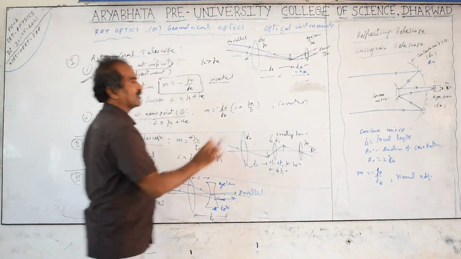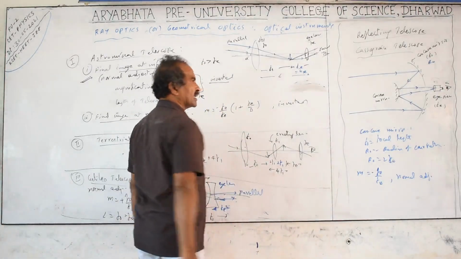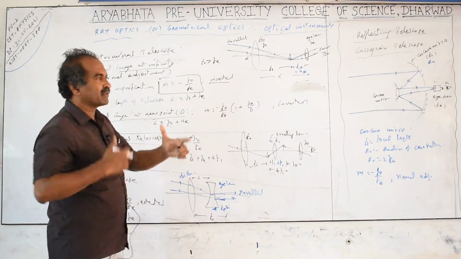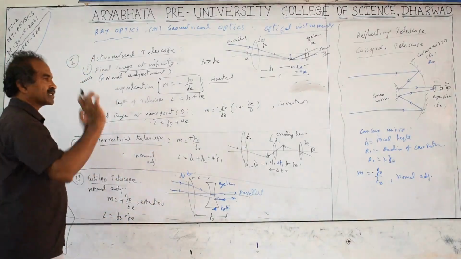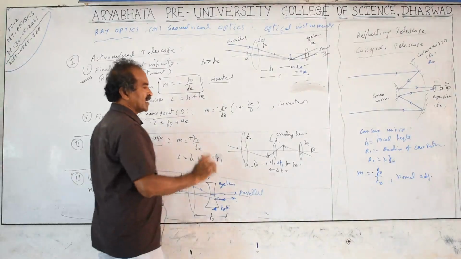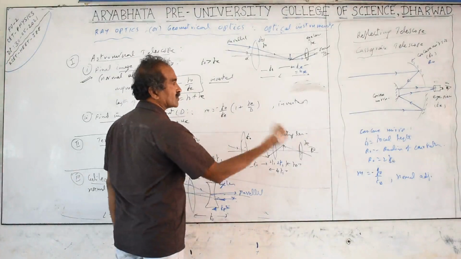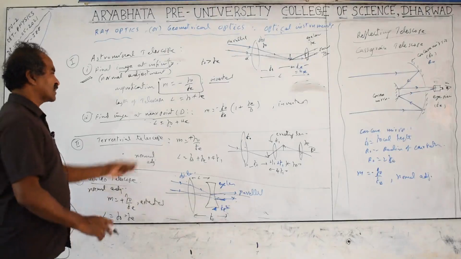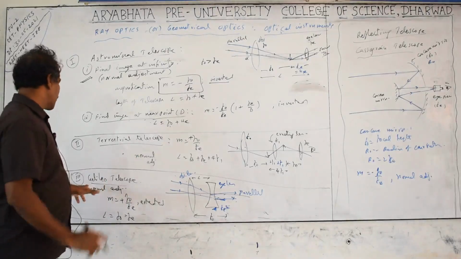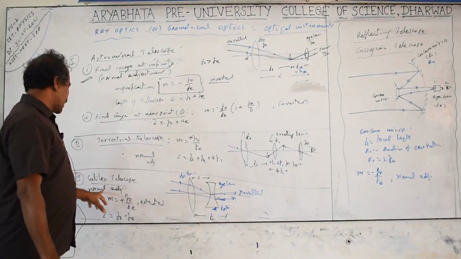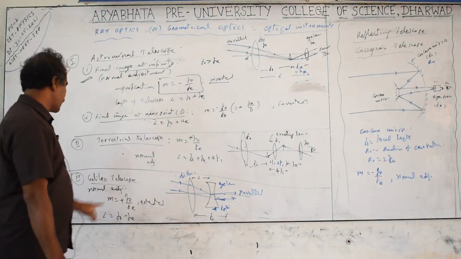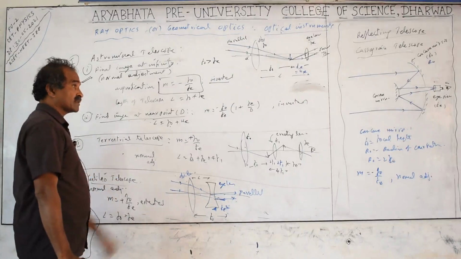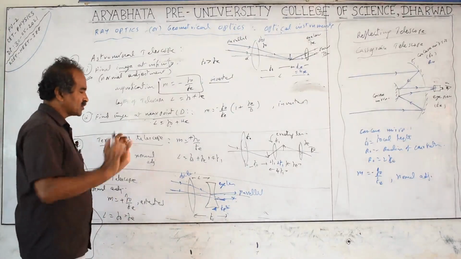Adjustment is a little difficult in practical cases. To avoid this, prism telescopes are generally used. Prisms are used to divert the light rays, and the inverted image can be inverted again. In binoculars also, prisms are used inside to decrease the length and to see erect images. Prism binocular topics are not in your syllabus, so we are leaving them. Next, the Galilean telescope: in normal adjustment, the magnification is FO by FE. The Galilean telescope is used in opera glasses. They are used like binoculars, for the two eyes.